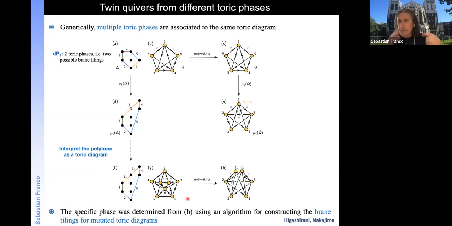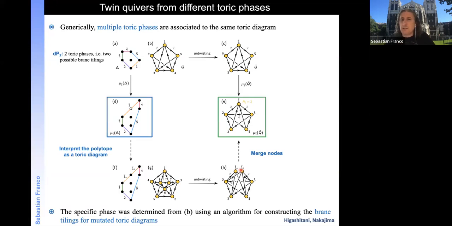I untwist the dimer model, and here you have 1A and 1B, which are the two edges that correspond to these two nodes. You merge, and you obtain the same result. So these are the starting point and the answer that we want to get. We want to build the twin quiver for this